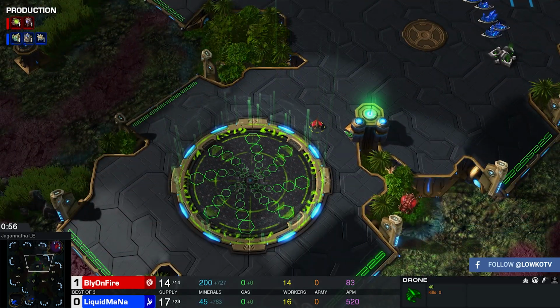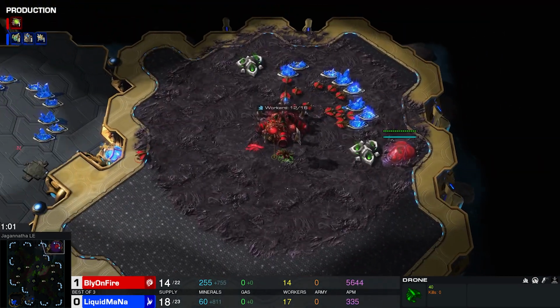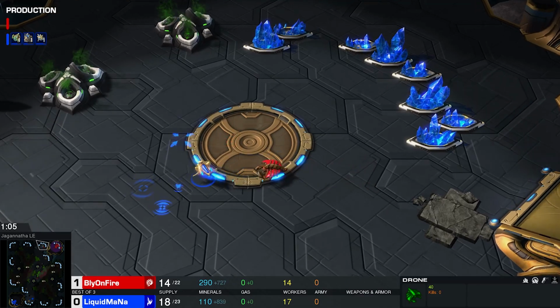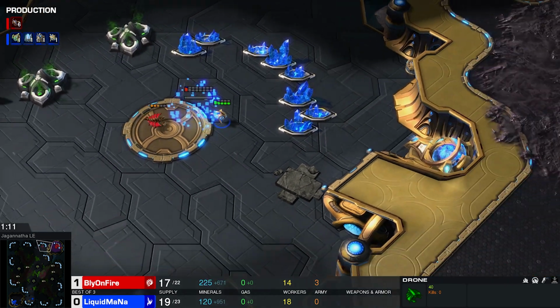So the fact that he's... Oh my god. He even fake moving on over to the third. So he sent it at like 40 or so seconds to the low ground. Now there's a second drone to the low ground as well. MaNa here is like, oh my god, I'm blocking the expansion. It's never gonna happen. I don't think he...